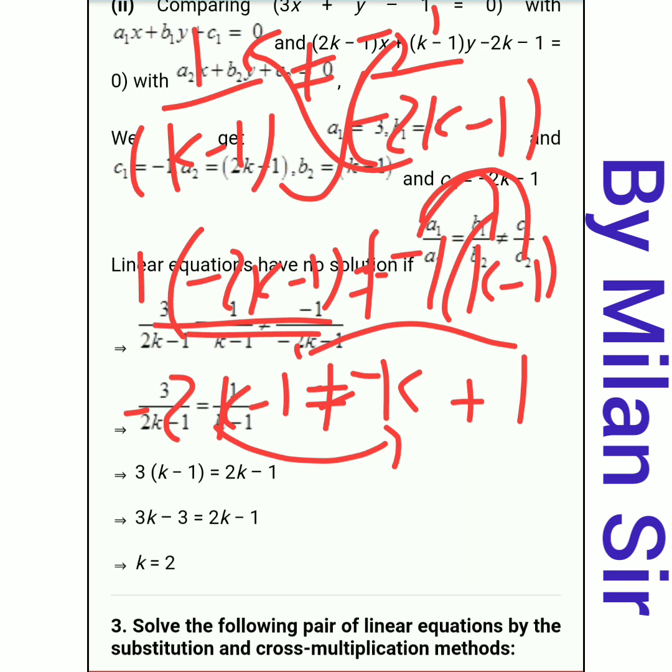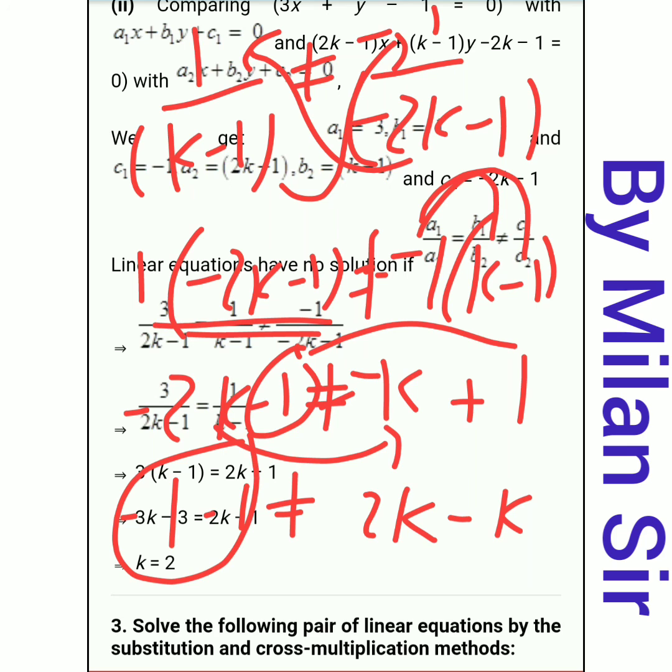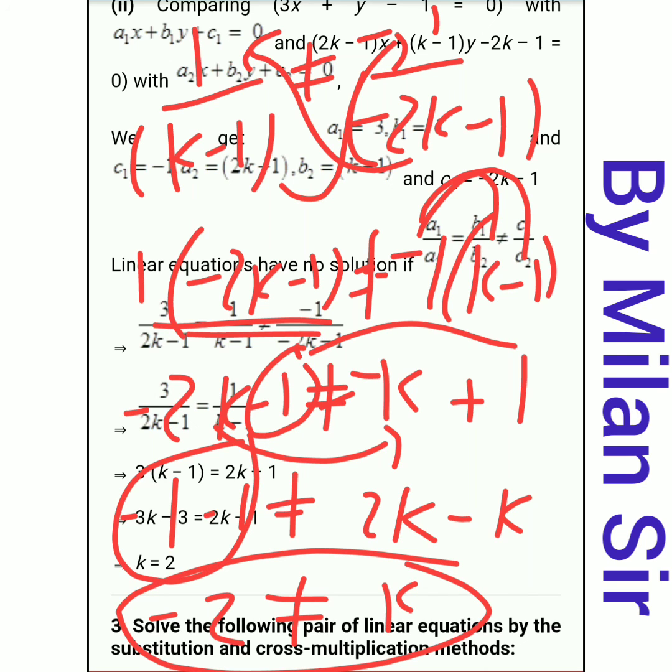Okay. Then transfer this minus 2k to the right hand side. It becomes plus 2k, and 1 minus k is already there. Okay. Now transfer this 1 to the left hand side. So plus 1 becomes minus 1. Here 1 minus 1 is already there in between the inequality sign. Now in left hand side, minus minus plus, 1 plus 1, 2, is not equals to 2k minus k, it is 1k. So k is not equals to minus 2.